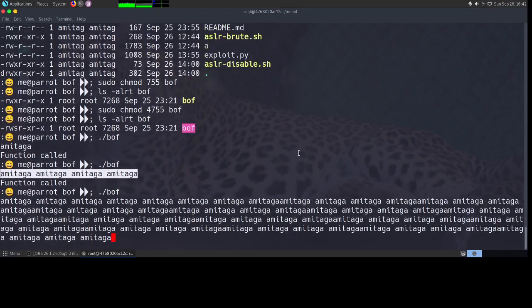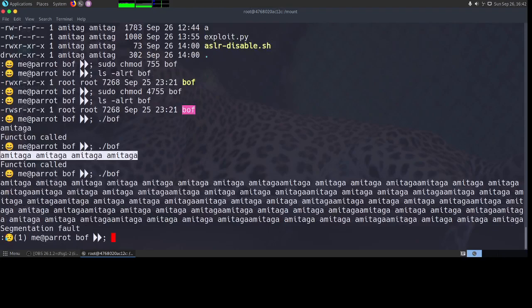Now let's see, we will give a couple of times this, and we immediately see that there is a segmentation fault. This is good news for us. Now we know there is a buffer overflow in this, and sanity check has not been done, and we can crash the program. Now, when we can crash the program, then definitely we can do a lot of things with the program, and this is what we are going to see today.